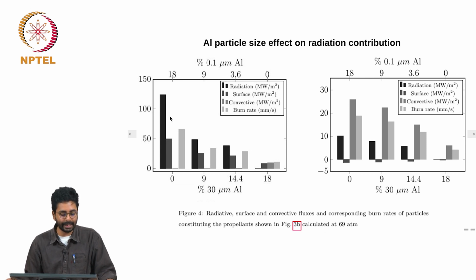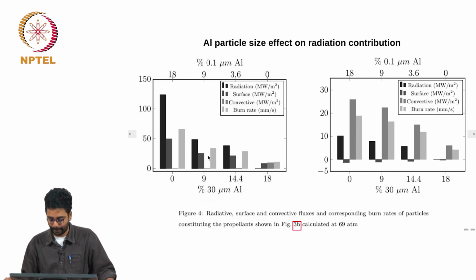As the fraction of nano aluminum is increased to 18%, all nano aluminum, look at the flux that is coming to the surface, it is 125 megawatts per meter square, that is 10 times as high as what you would get in a conventional propellant with conventional aluminum. And the heating rates experienced by the propellant surface will be 100,000 kelvins per second or much more than that. Even here it might be an order of magnitude higher in this case.